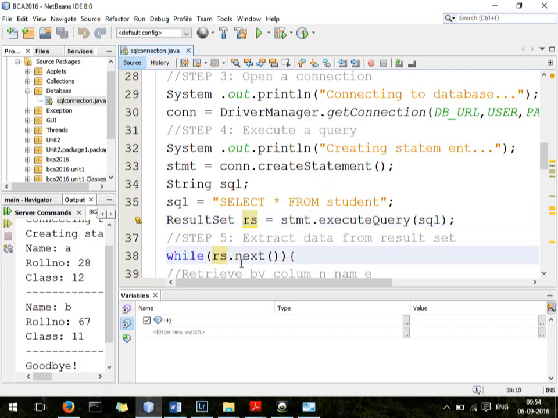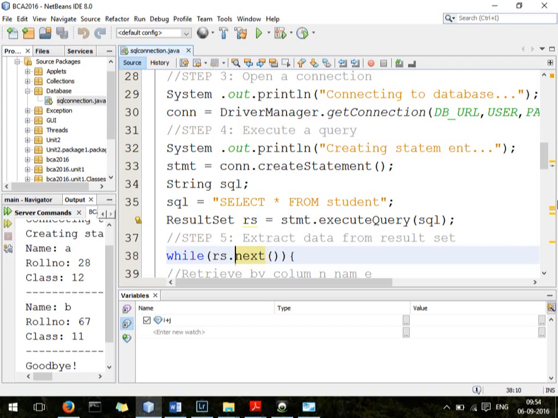Now rs.next means if there are any more records left, it will return true as long as there is some record still left in the result set. Initially in this table there are 2 rows, isn't it?